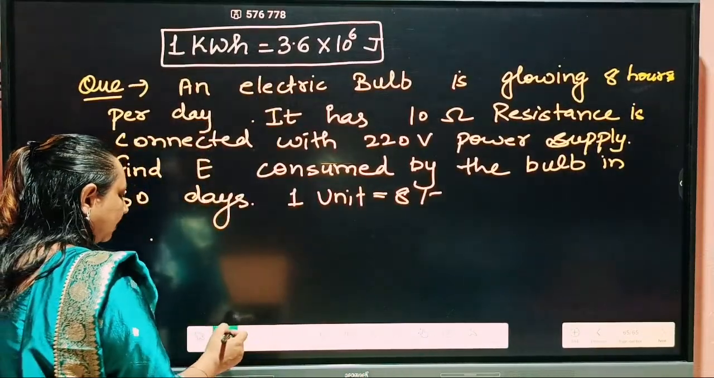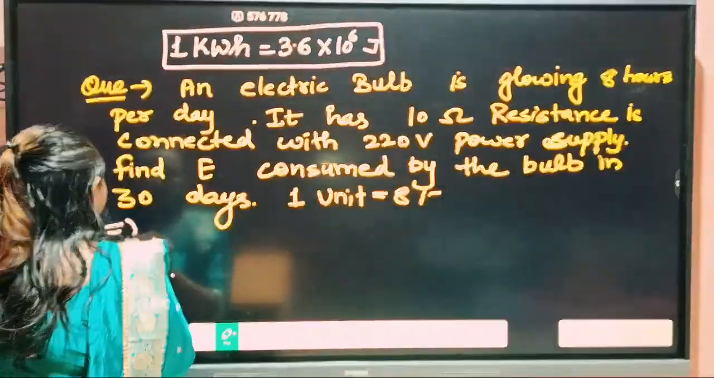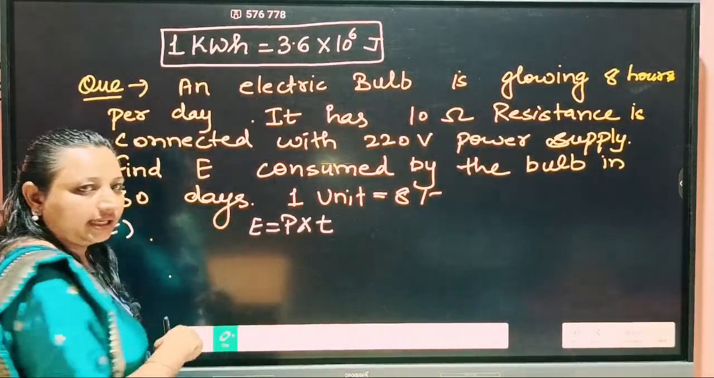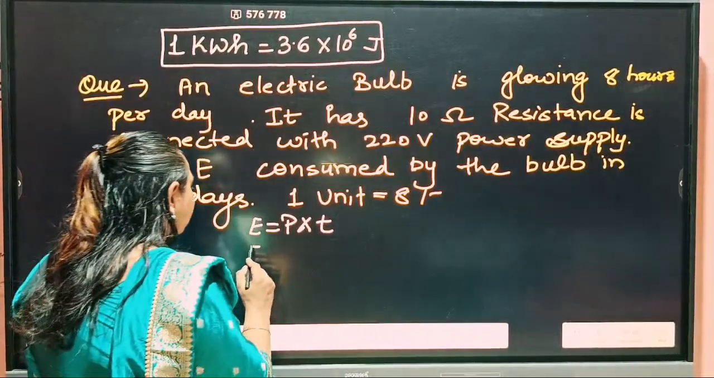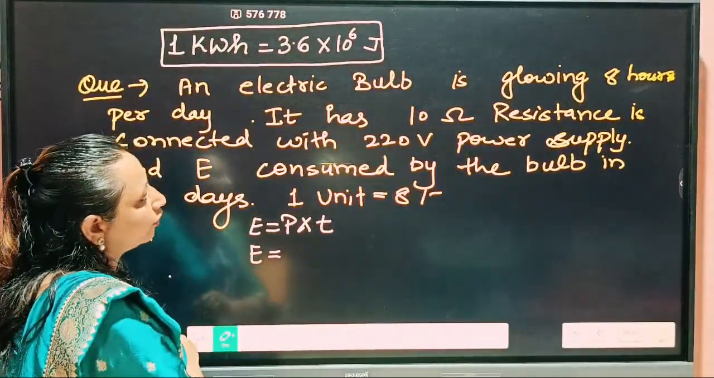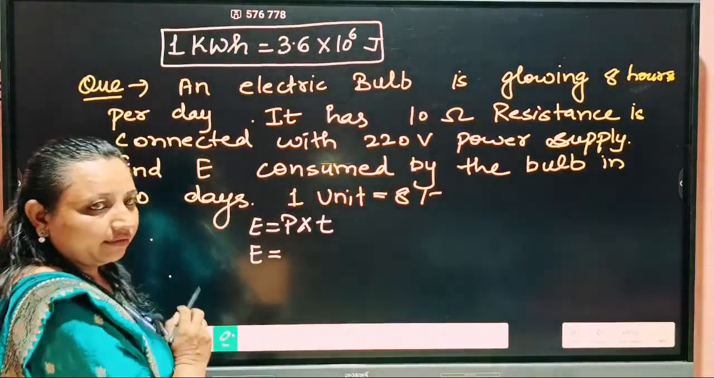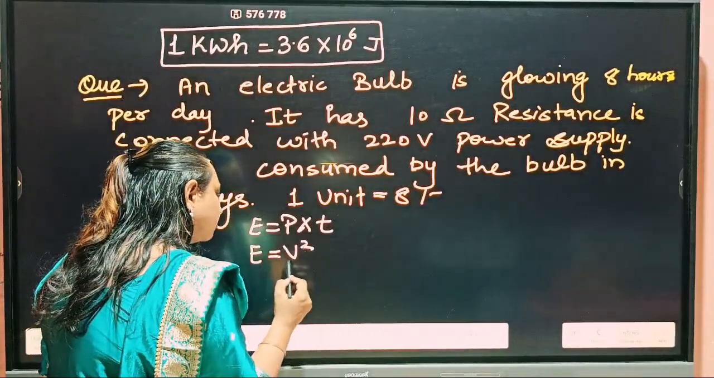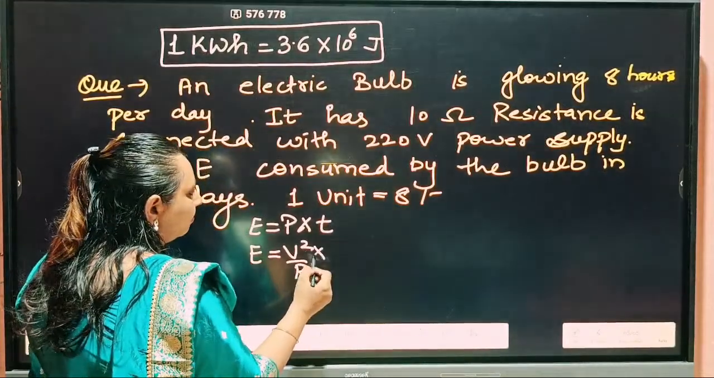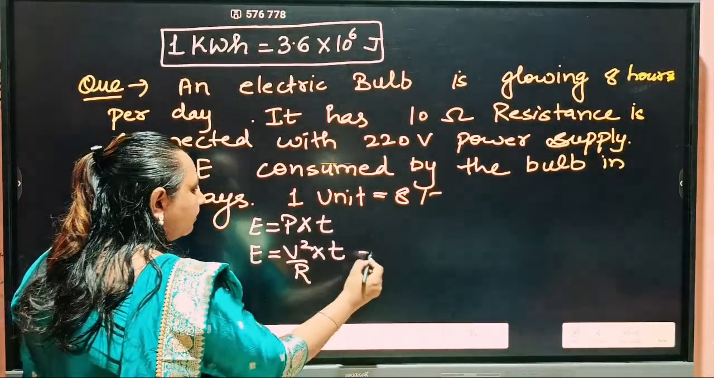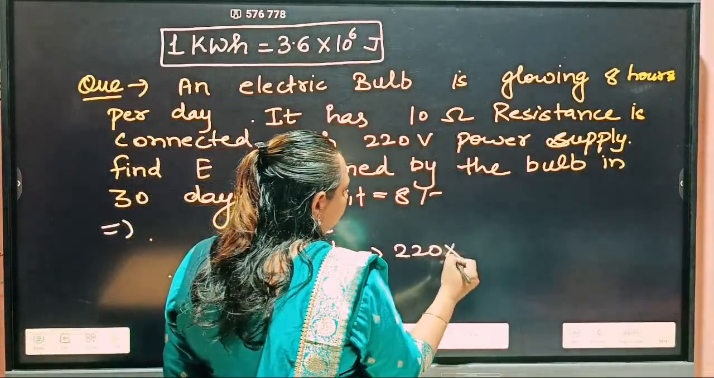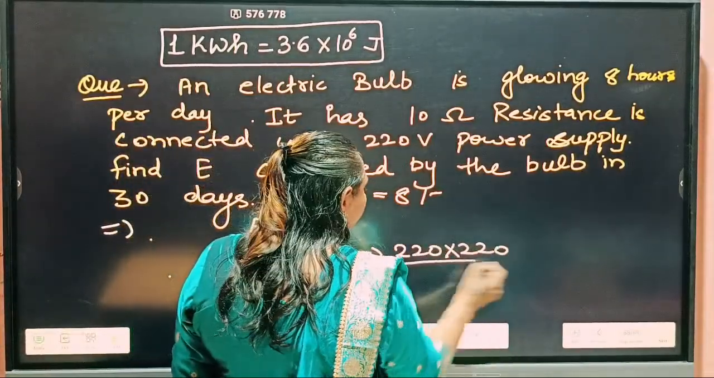What is the formula for electrical energy? E is equal to power into time, right? So power you have to find, R and V are given. Which formula are you going to use? V square upon R, then multiply by T. Put all the values. What is the value of V? 220 into 220 upon